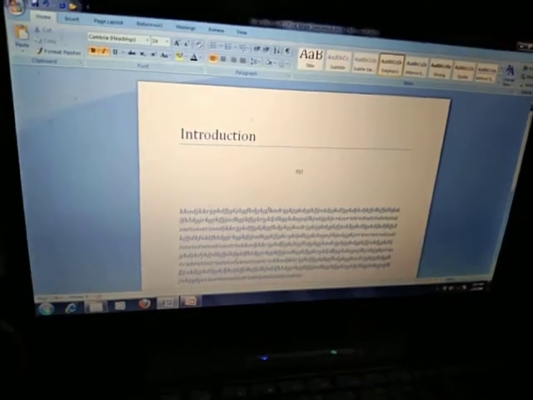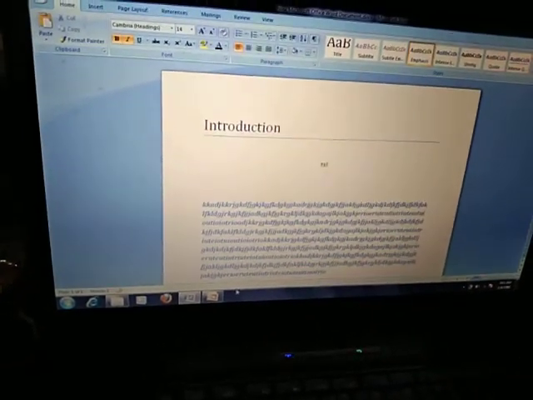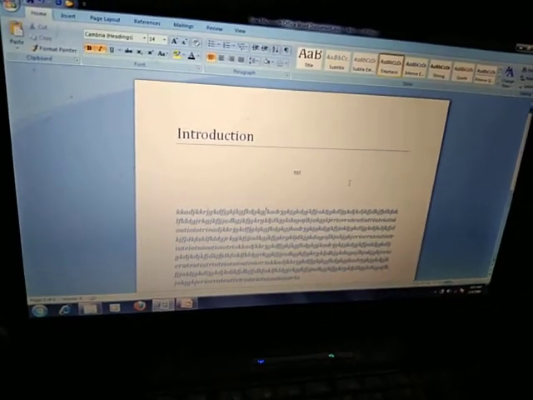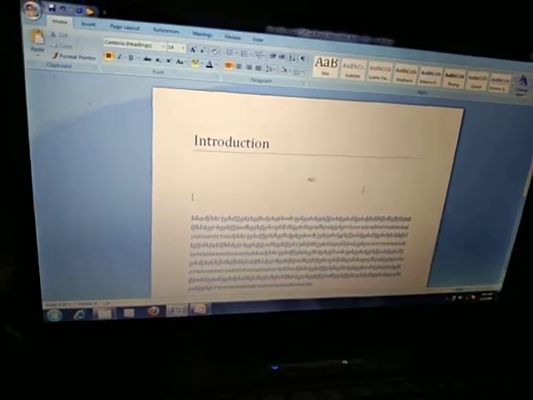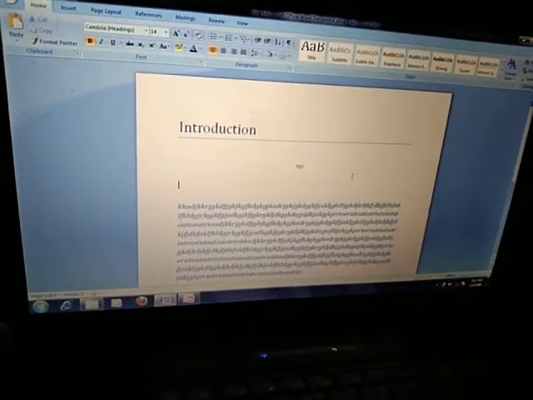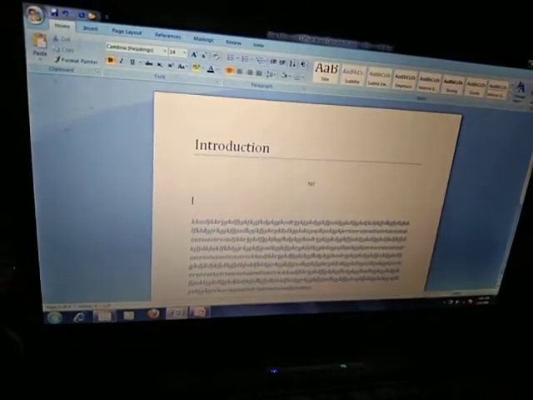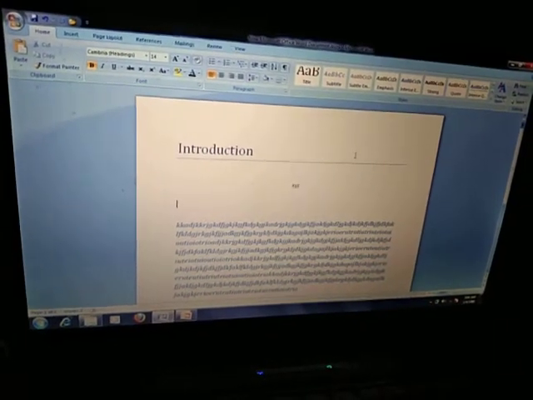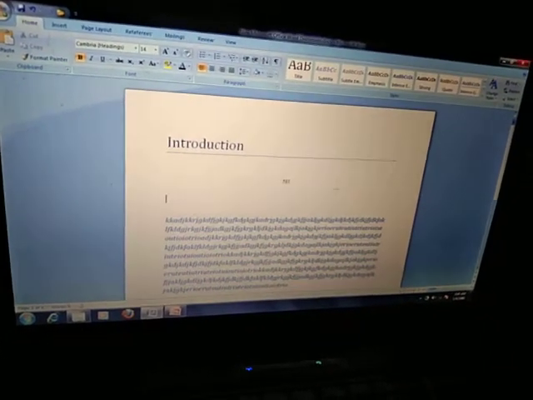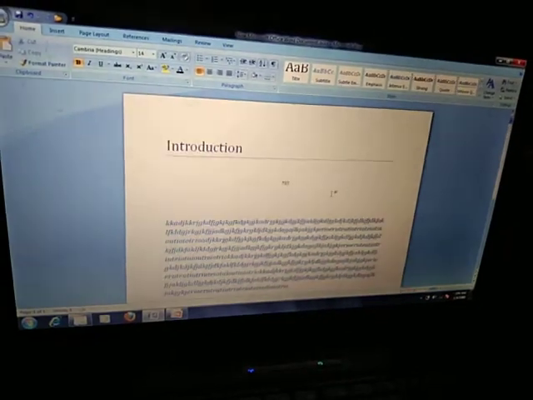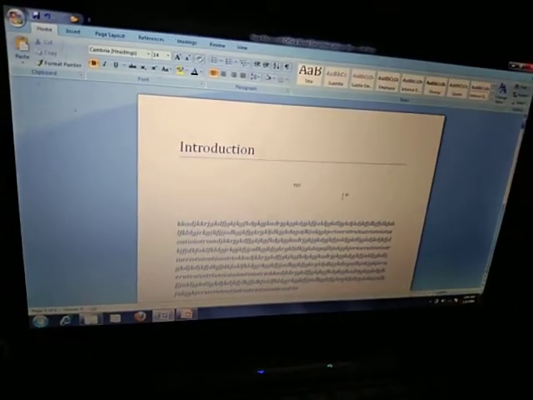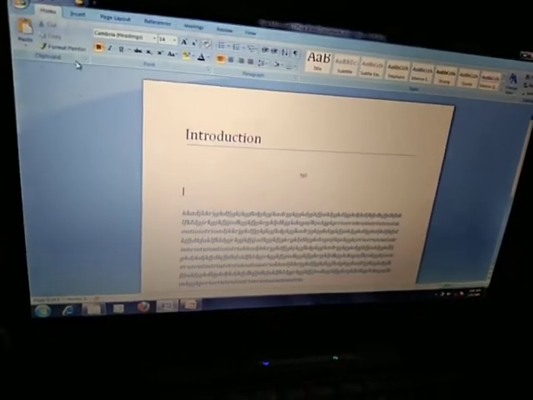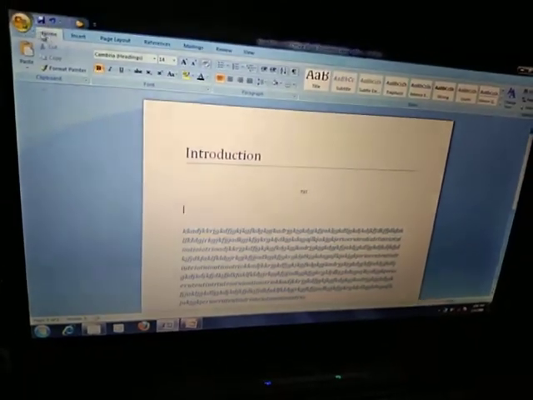Yes, my dear children. For this, what you have to do? First, either selecting or not selecting, click here. For this, you have to click on style set. So what is the difference between style and style set? Style will make changes either in heading or in subheading or in paragraph. But I want to make changes in all 3 by clicking on one single button. For this, style set, how we can do? Click on this Home tab.